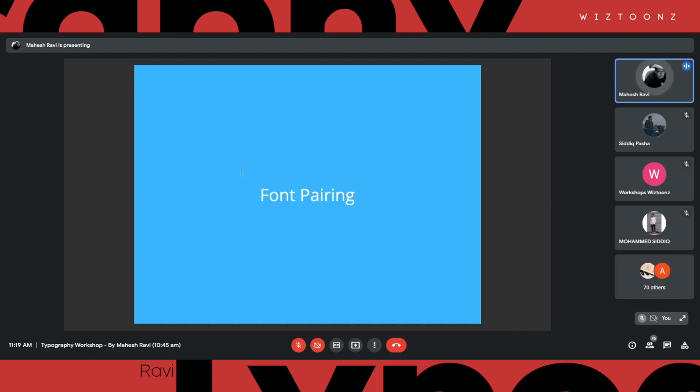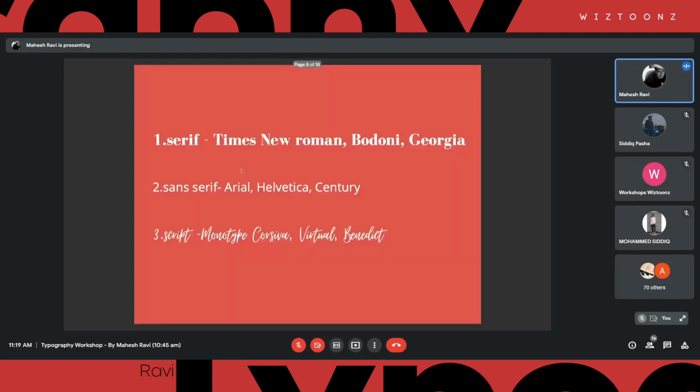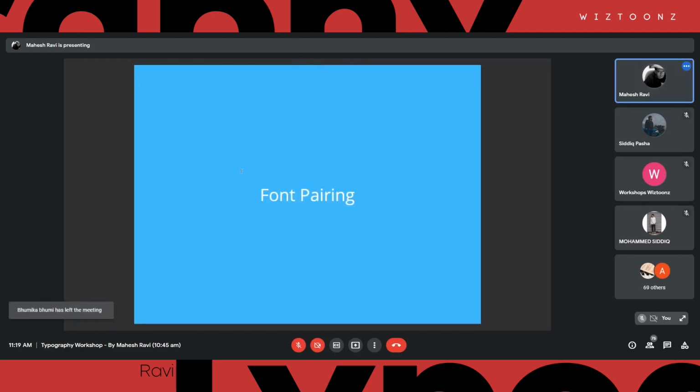And font pairing is a technique where you combine two different typefaces into one design. This is something very essential, because when you're making a graphic design, you cannot always do it with one typography, right? You might have to mix two different typefaces to make it look better, maybe create a contrast there. But how do you actually decide what typeface will go with what? That technique is called font pairing.